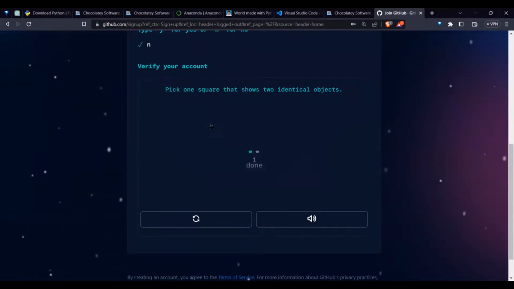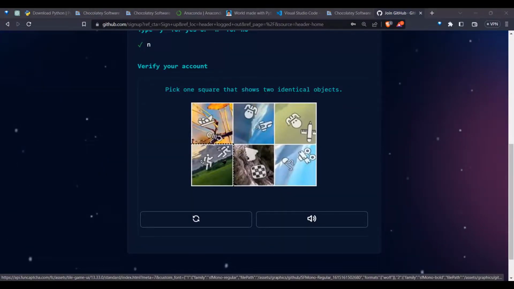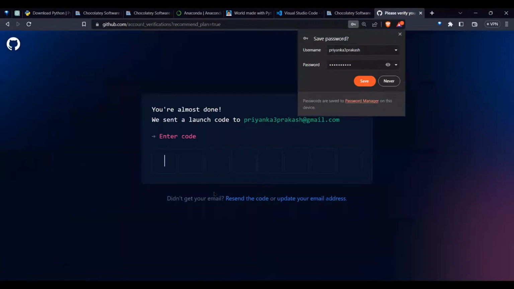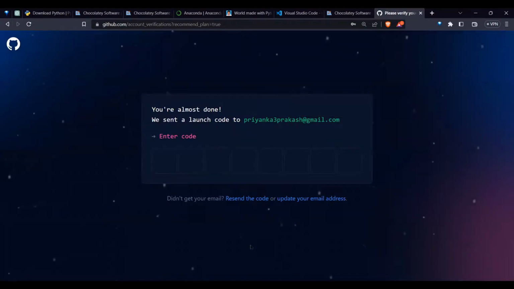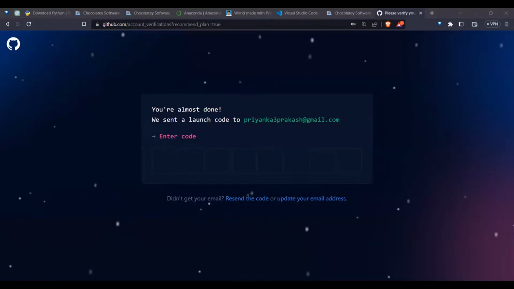I think this is what we need to do. So once that is done, yeah, I created one of the puzzle which was solved. Then we can do a create account. It will create. So it will send me a thing. So I can say the password for a moment. So once I get the credentials,